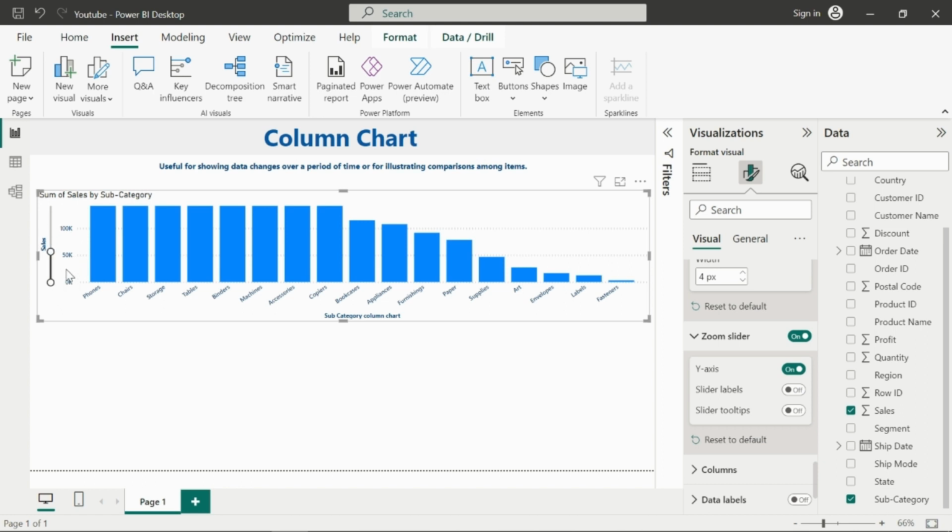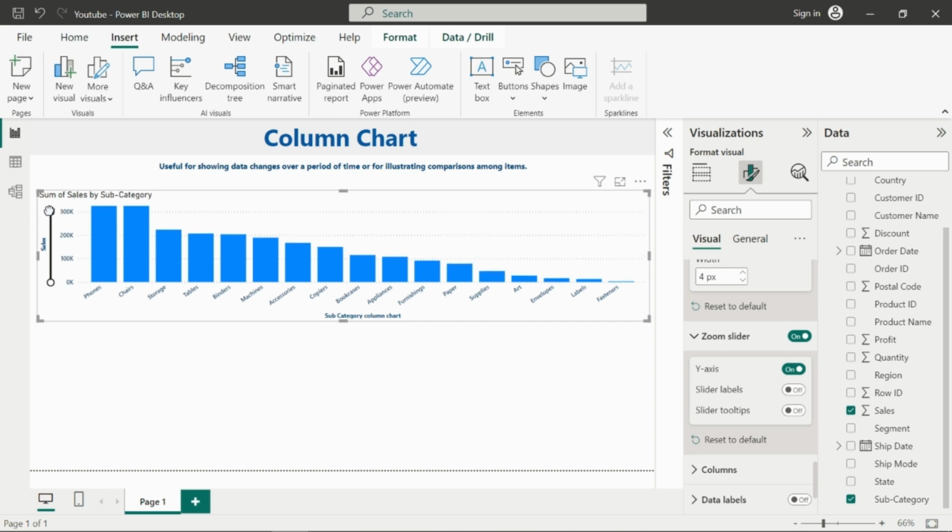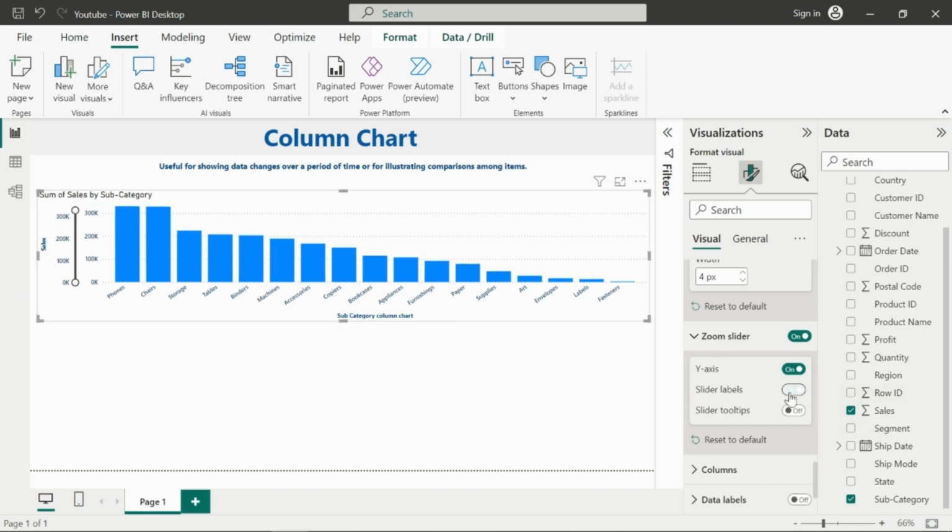This will show the slide in this y-axis. You can change the slides here by increasing or decreasing the size of this chart or bars. Slider labels,